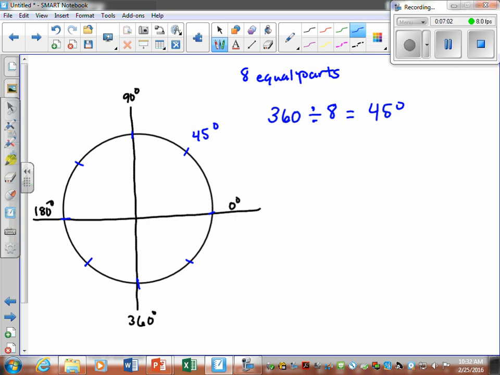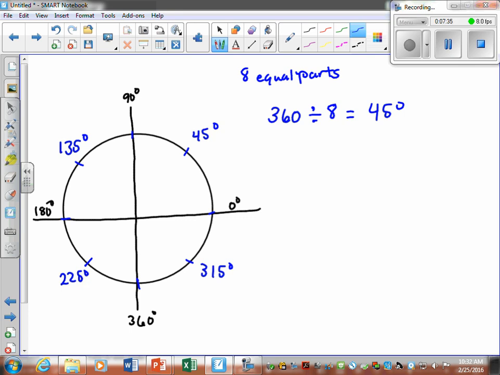I can label the next one: add 45, add 45, add 45, add 45, and so forth. So that we would have our angles 45 degrees, 90, then this was 135, 180, 225, and then we would have over here, what, 315? Okay, so we can figure out degrees, and we're not going to spend a whole lot of time on degrees